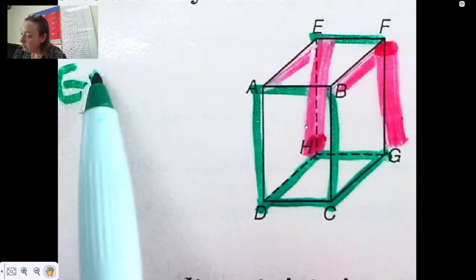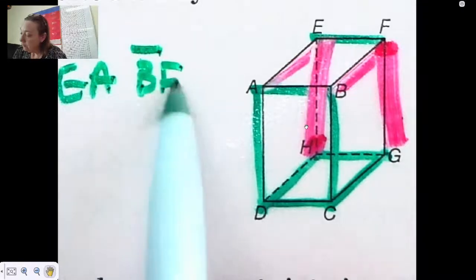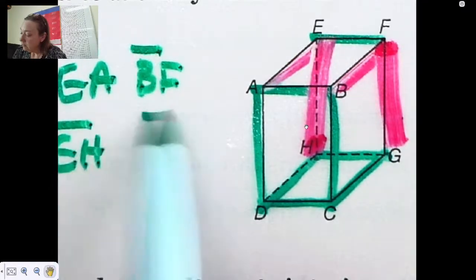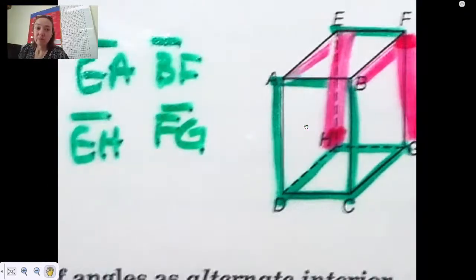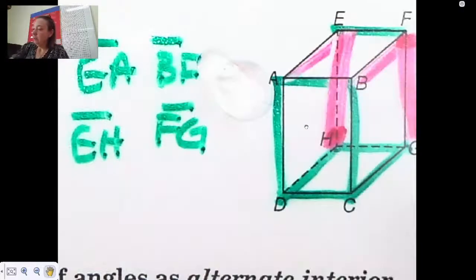EA, BF, EH, FG. Right? Okay, so those are skew to CD. Y'all with me? Okay. Thank y'all so much. All right, now,